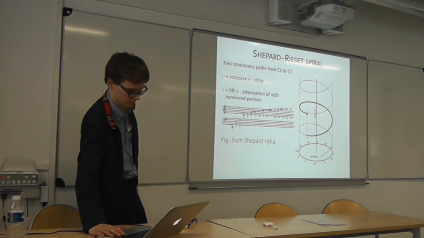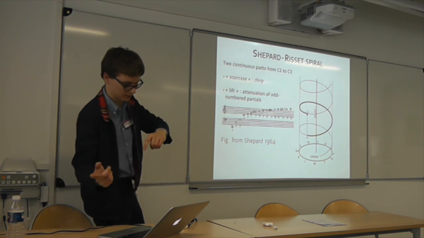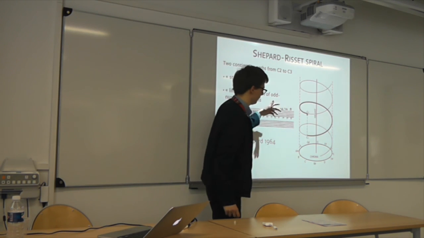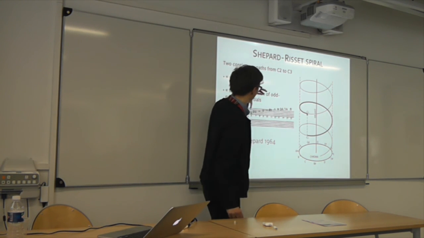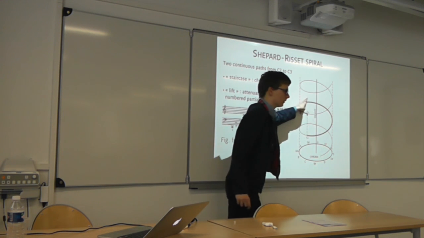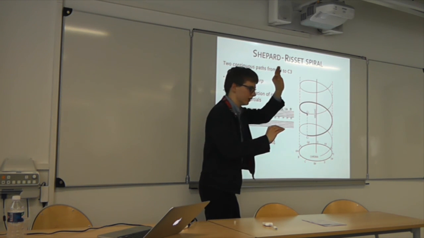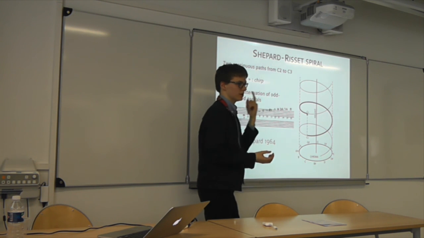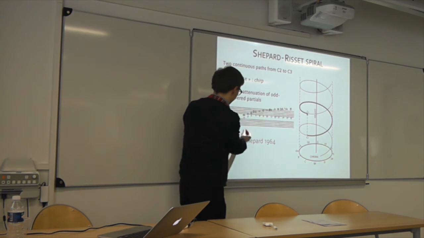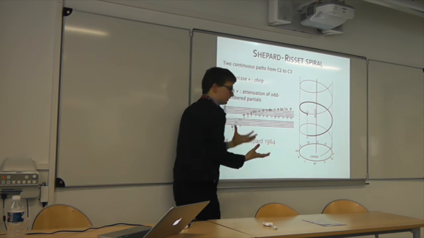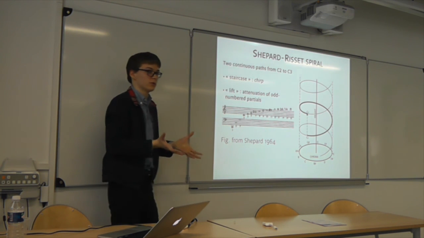I don't have it. Well, but they are in the next thing. So just say that we have two ways, and we'll listen to them afterwards. Two ways going from C2 to C3. One of them would be the staircase, going through all semitones in the octave, and the other would be somehow the lift, not changing the pitch chroma, not changing the pitch name, but just attenuating the odd-numbered partials so that it sounds 1 octave higher progressively without